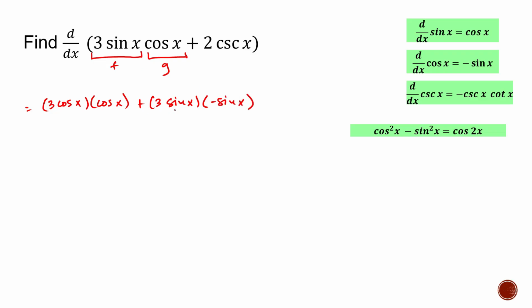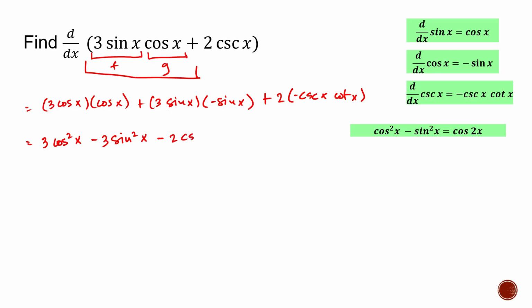So what I did here is just this. Plus the derivative of cosecant is 2 times negative cosecant x cotangent x. Right? So this is now equal to 3 cosine square x minus 3 sine square x minus 2 cosecant x